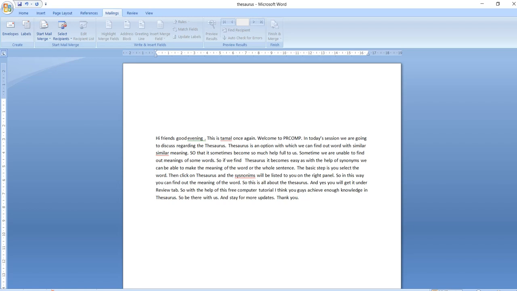In this session, we are going to provide a short demo or hands-on on Mailmerge. The Mailmerge option is present in the Mailing tab. You can see I have written a document over here, and now I am going to make it a Mailmerge presentation. Now, before starting, I must say that Mailmerge is something